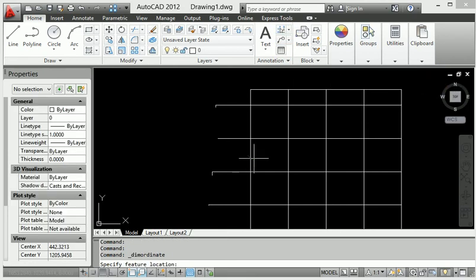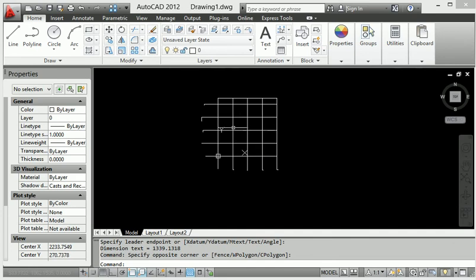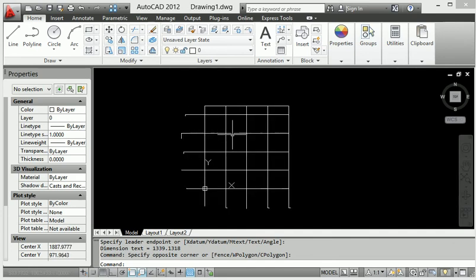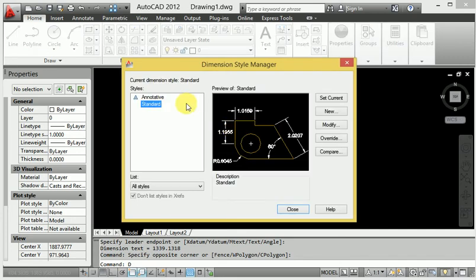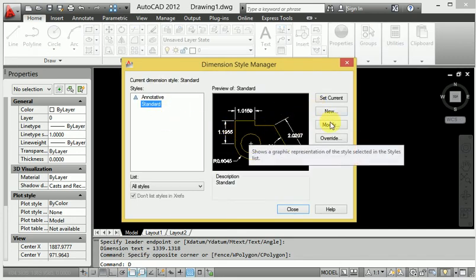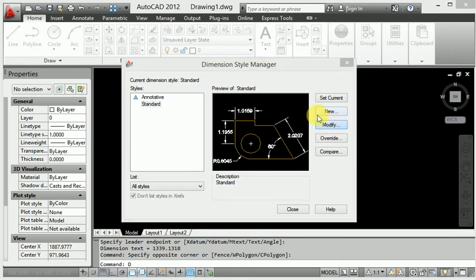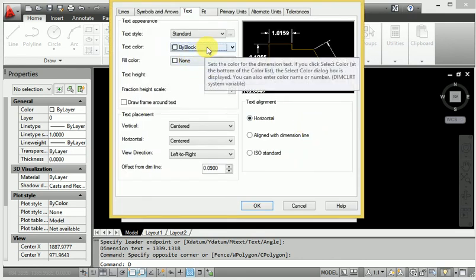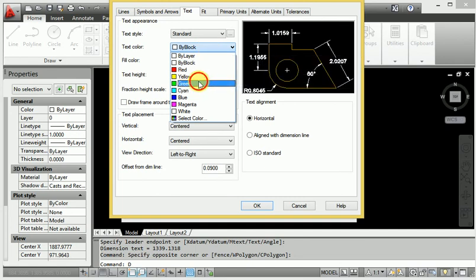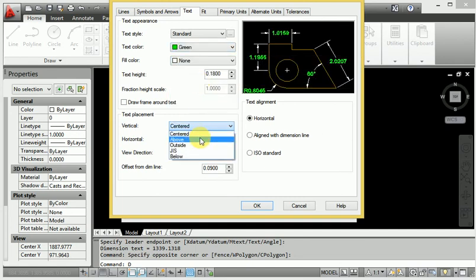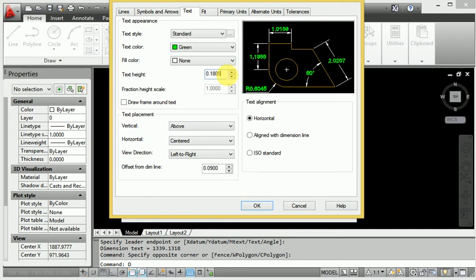Now again select the ordinate dimension and provide it again, so that I get the ordinate dimension on both sides. I have to change the dimension style, so D enter, when providing the dimension style. The dimension style is modify, go to modify, then provide the dimension color, and the text height I will provide